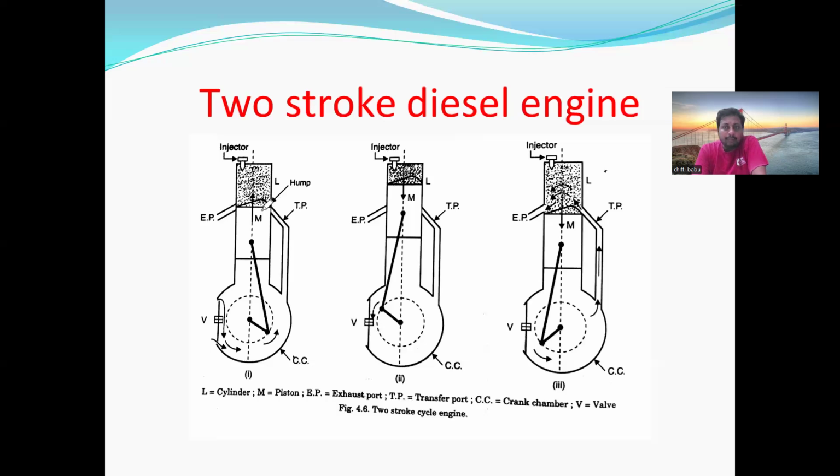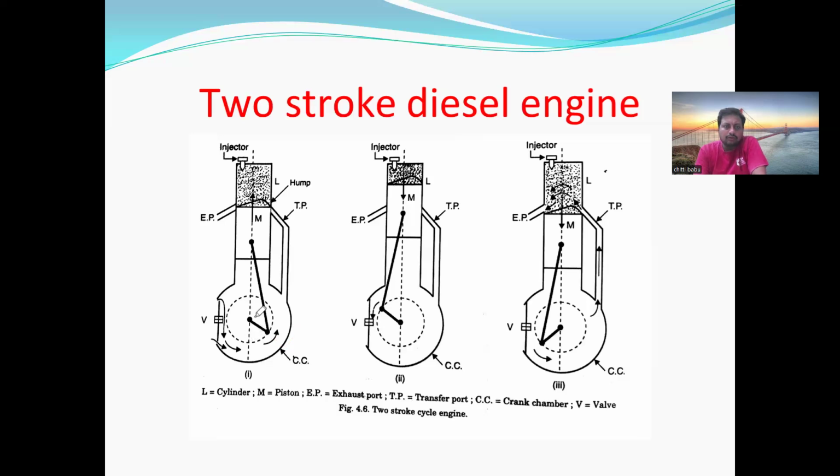So here we have an upward stroke and a downward stroke. In the 4-stroke engine, we have suction, compression, expansion, and exhaust strokes. Here we have an upward stroke and downward stroke only. Due to the upward stroke, the air will enter into the combustion chamber. We have a combustion chamber here. So the air will not directly enter into the combustion chamber. First it will come to the